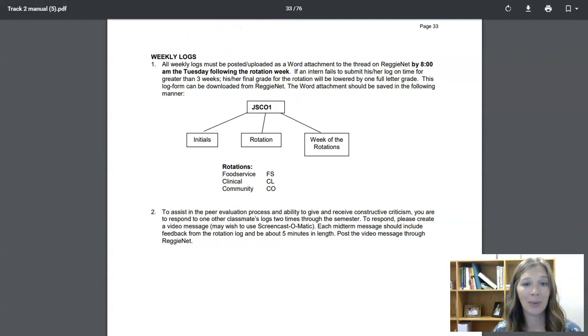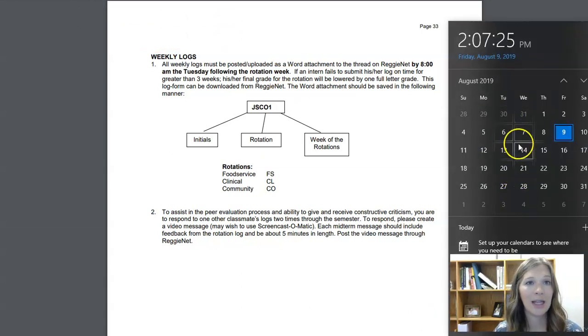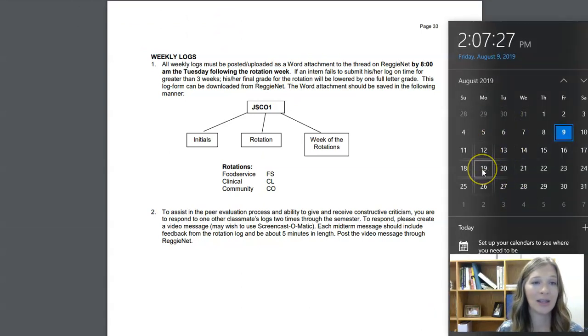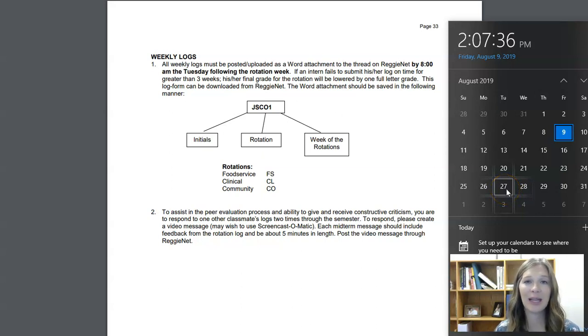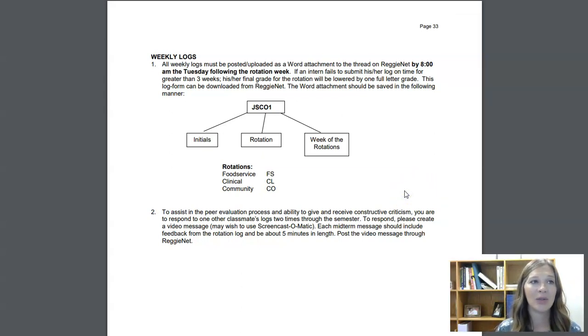So, for example, if I was rotating August 19th through the 23rd, that log would be due by 8 a.m. on August 27th. So it gives you a couple of days to finish filling out your log and getting those submitted onto ReggieNet. For the ease of looking at 15 different students' logs, we ask that you save these weekly